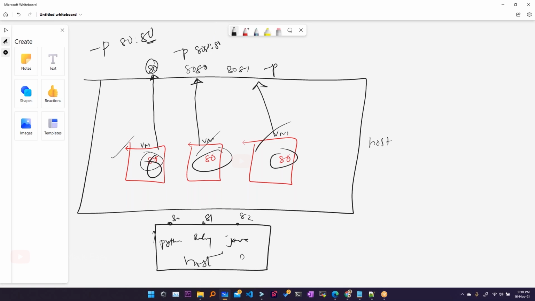If there is one more Python process I want to run on port 80, it is not possible, so I use 83. But with containers, all of them can be Python based and all running on 80. This is not possible on a single host machine. That's the advantage Docker is bringing to the table.